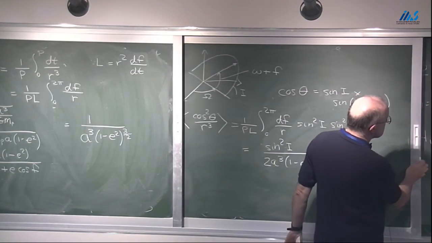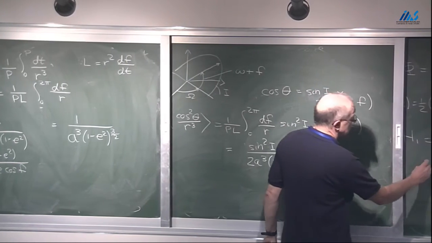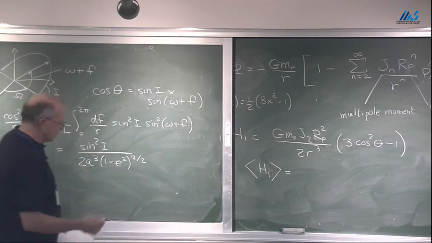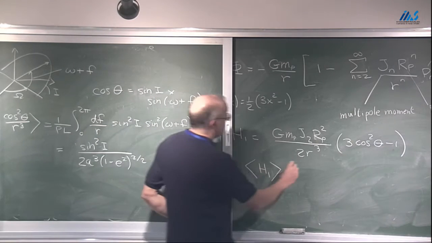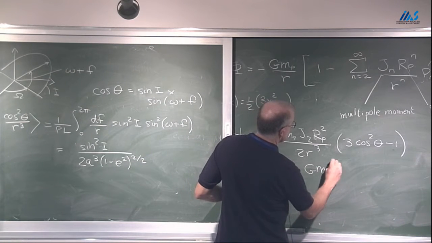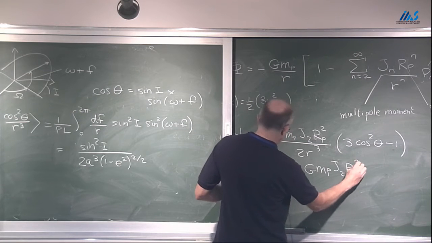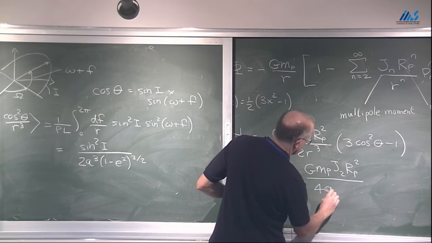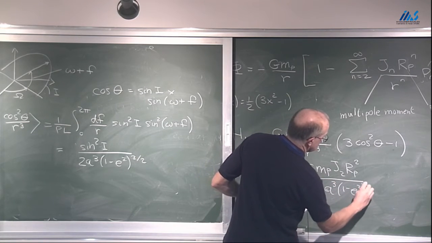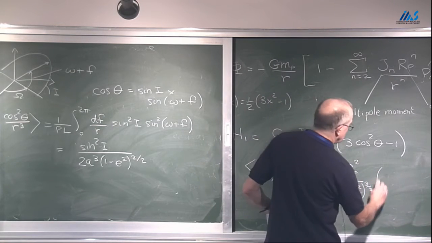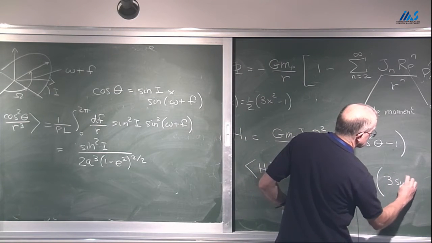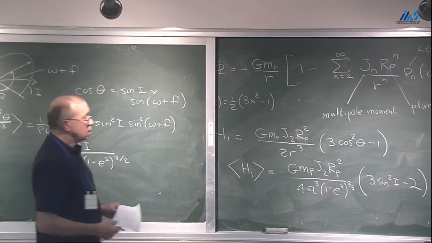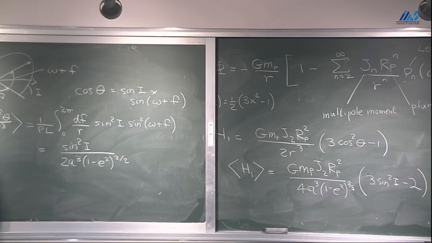Okay, so with those two results, the perturbing Hamiltonian, I'm going to replace it with the secular Hamiltonian. So again, I'm neglecting the short period terms. It's just G, M_P, J2, radius of the planet squared, over 4a cubed, (1 minus e squared)^(3/2) times (3 sine squared of the inclination minus 2). So we've got the secular Hamiltonian in terms of